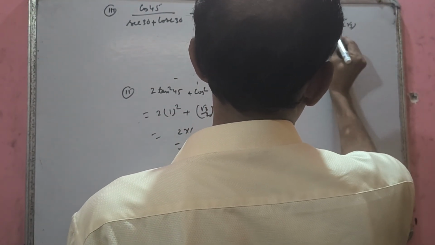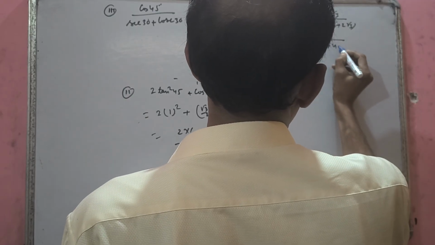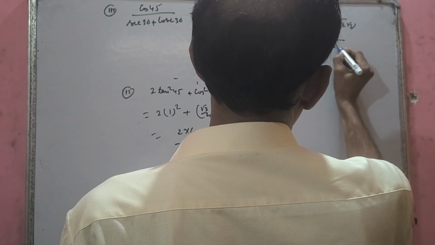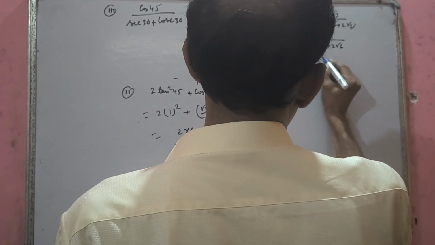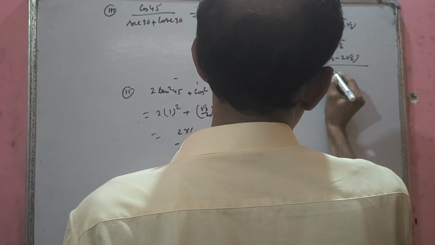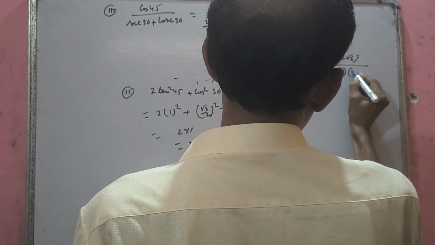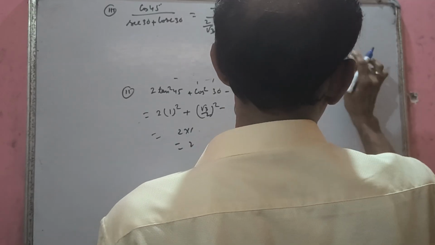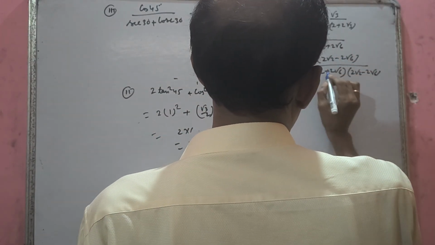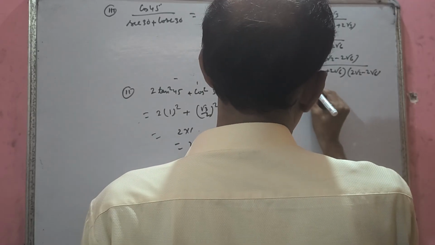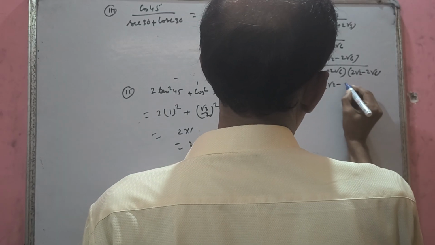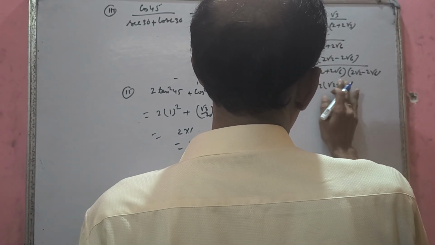Now this is root 3 by 2 root 2 plus 2 root 6. Multiply 2 root 2 plus 2 root 6. Rationalize: root 3 into 2 root 2 minus 2 root 6 by 2 root 2 plus 2 root 6 into 2 root 2 minus 2 root 6. This should make the denominator rational, that's why. So 2 is common from here, no? Root 3 into 2 common, root 2 minus,